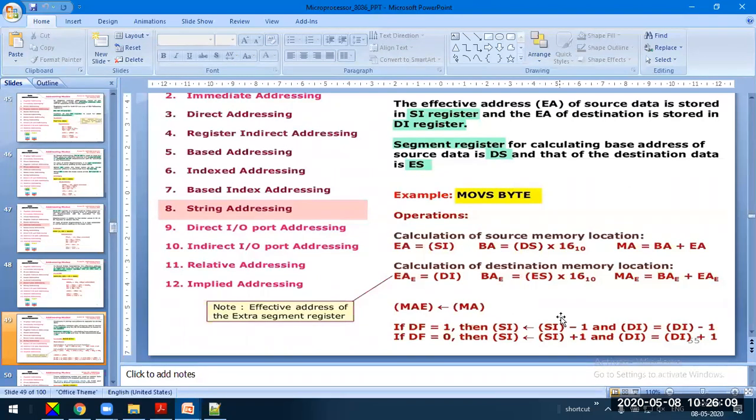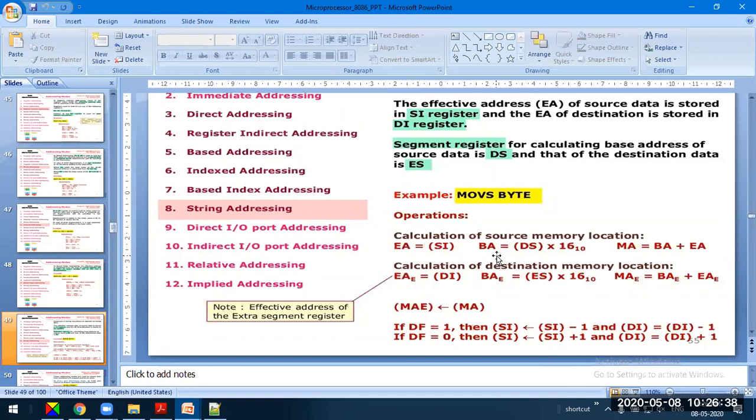That depends on the DF bit. If it is 1, the source and destination indexes automatically decrement, whereas if DF is 0, both automatically increment. We'll understand this when we take up the instruction set and discuss it in detail.